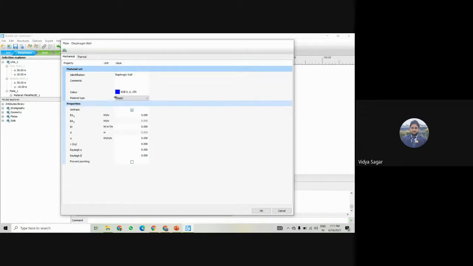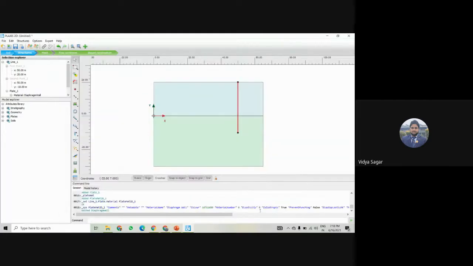So this is elastic isotropic, and this is a normal stiffness, which is 7.5 E6. Then flexural rigidity EI, which is 1 E6, and this is the weight 10 and mu is 0. So now I click on OK, and this is automatically assigned to this. So this is already blue, right?